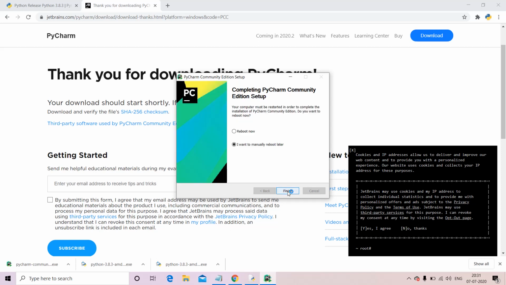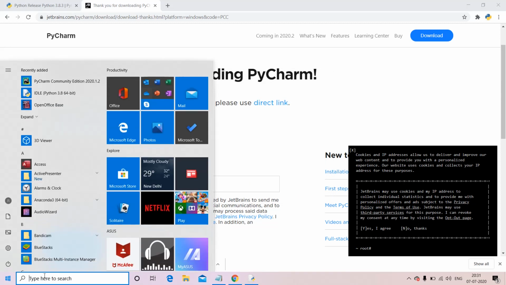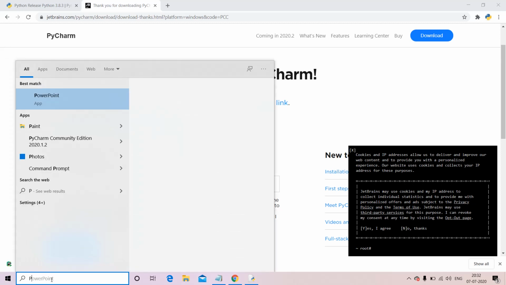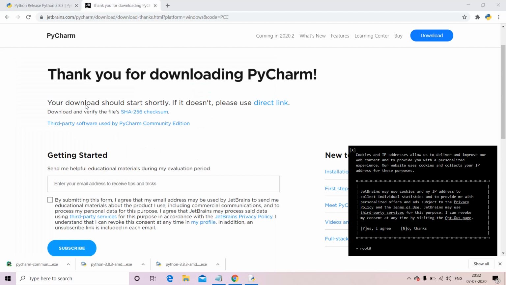Finished. Now click on finish. Your PyCharm has been installed. To use it, go to PyCharm Community Edition and open it.